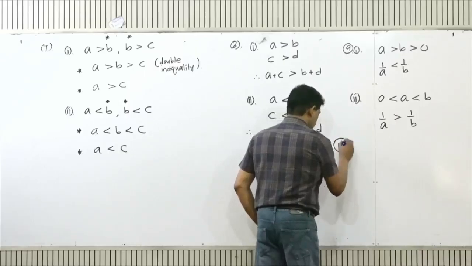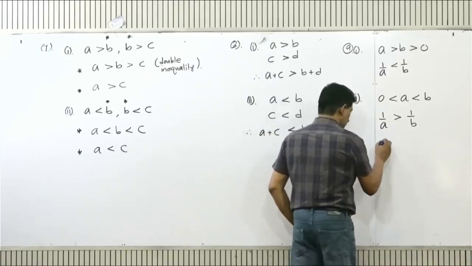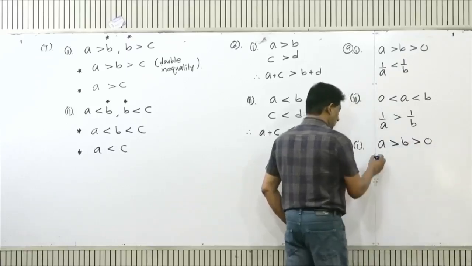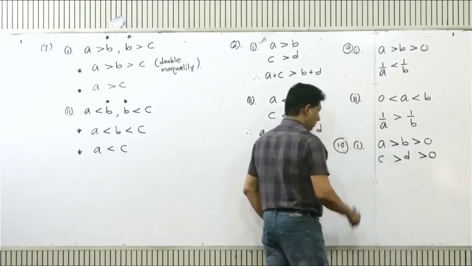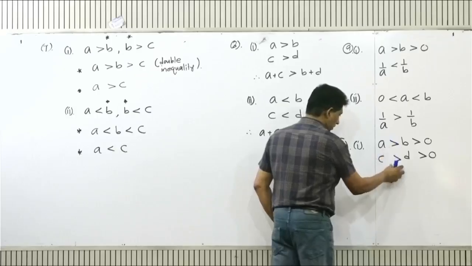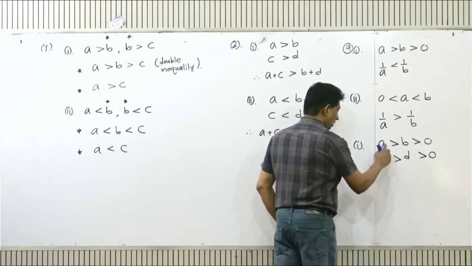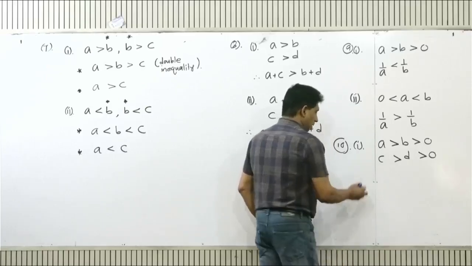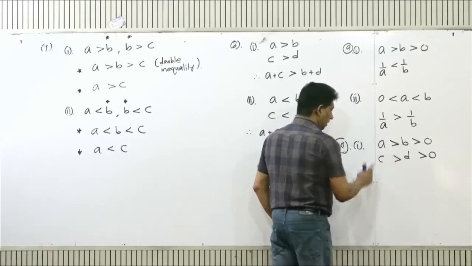The 10th one. A is greater than B and B is greater than 0. Then C is greater than D, D is greater than 0. That means there are two inequalities. Here the inequality mark is the same, and the left hand side and right hand side of both inequalities are positive. Then this law says we can multiply these two inequalities. If we multiply left hand,